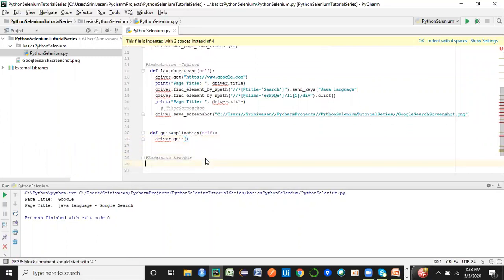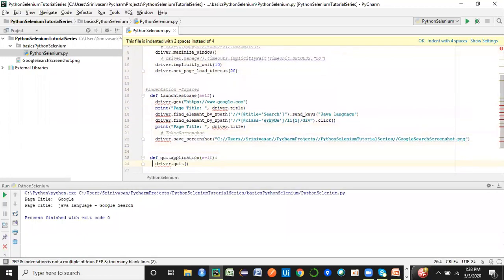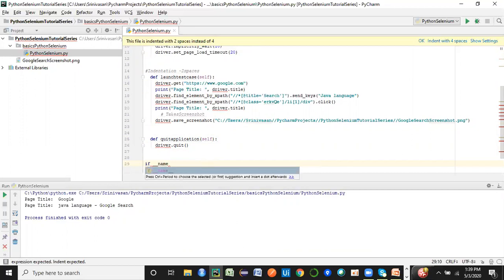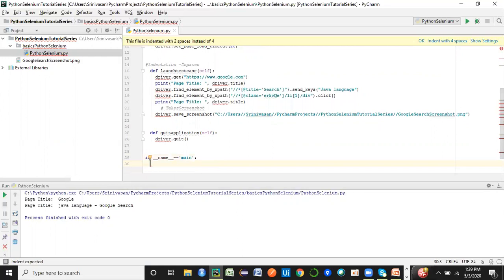Now we will look at how we can start the execution of a program. It's not mandatory that you need to have a main method. You can directly start calling these methods and create the object. But still, I would want to show you all how to create a main method in Python in this lecture. So I'm going to use this: if double underscore name. If this is equal to main, this means it's like a main method. It's like that actually.